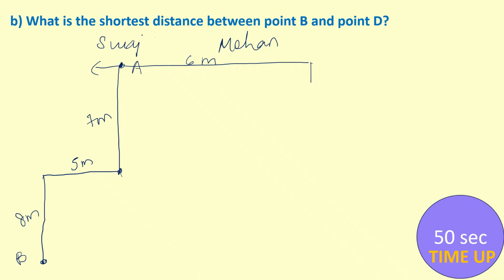Meter, then he travels this side. So till here is 7 meter and then again 3 more meter. Next, he goes for 9 meter. That is point C. This I'll draw because point C, if I take, then